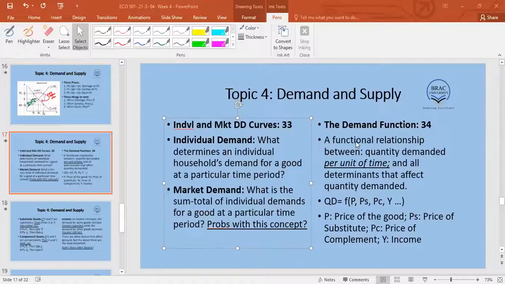Yes, sir. But the problem with this type of analysis is that we are lumping all groups with the same value. For example, rich people have the same demand as the people in the middle income group and the low income group. That's not a practical thing to do. But the models are developed in this way, where everybody is considered the same. This is not at all practical, but this is how we do it. A demand function, now we come to the fun part. Have you seen a demand function like this?